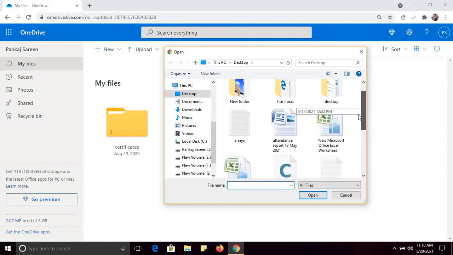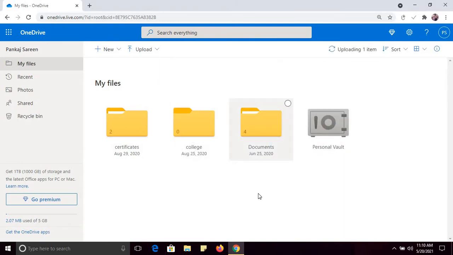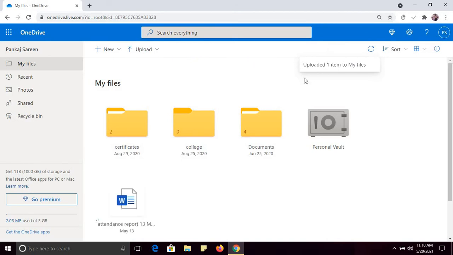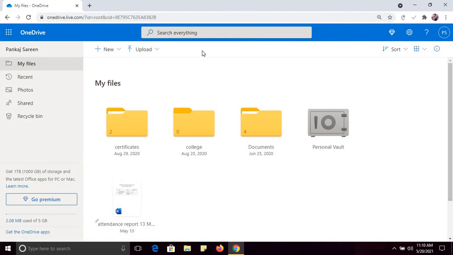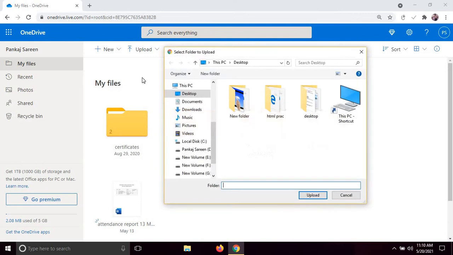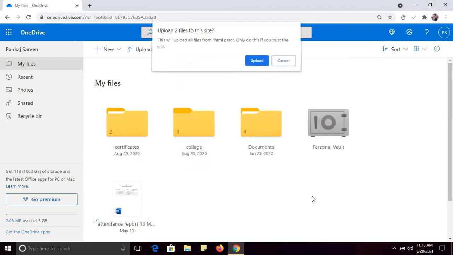For example, I want to upload this file. So uploading one item to my files. So file is being uploaded to your OneDrive. So see, this file has been uploaded. If you want to upload a folder, you can upload a folder directly from here. You can upload any folder. For example, I want to upload this folder, and just